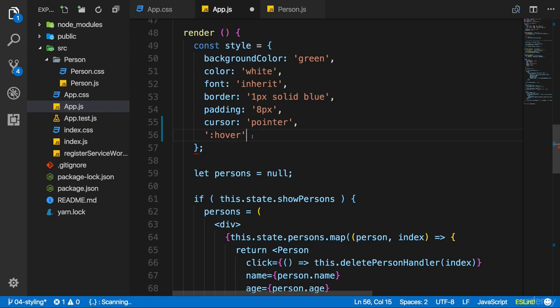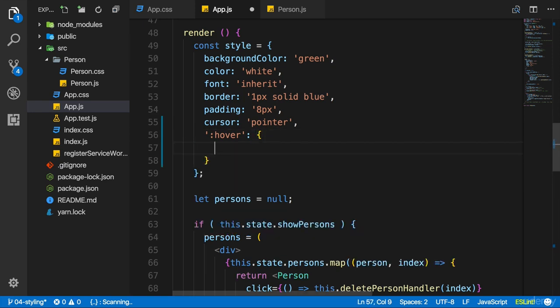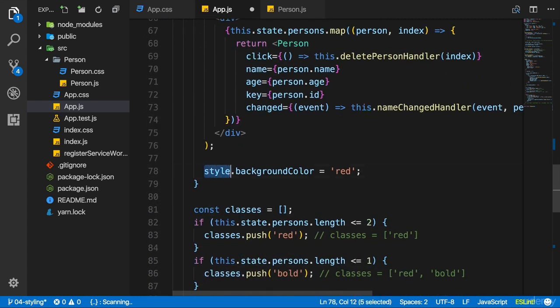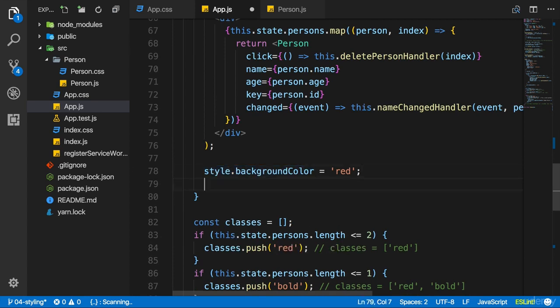As strings, they are though. As you know, you can create JavaScript properties as strings, or if you don't have an invalid character in them, just as we did before, like all these other properties. Now, the value simply is your set of styles for the hover state. So another JavaScript object where I will now set the background color to light green for the green button and the color of the text to black maybe. And I will also, of course, override hover down there where I override my background color.